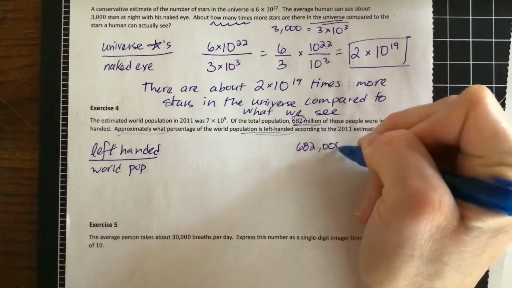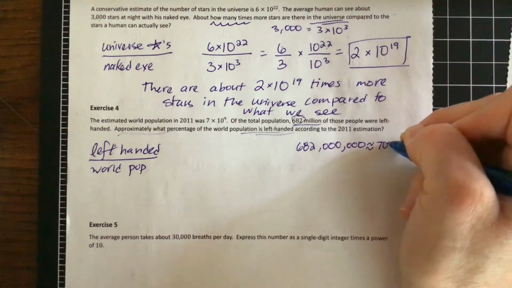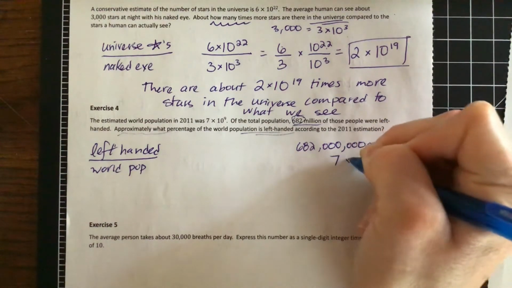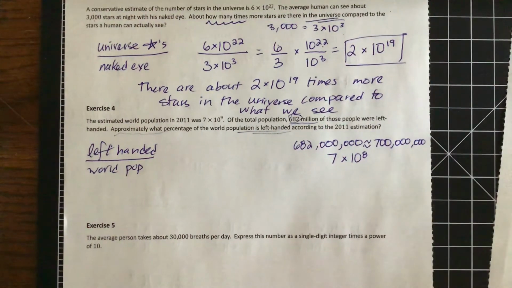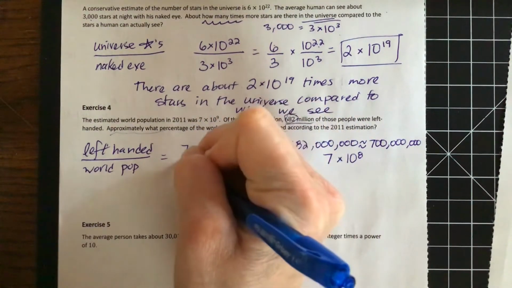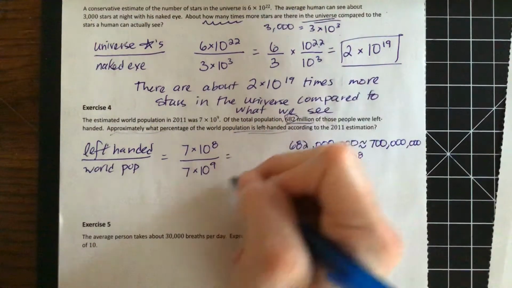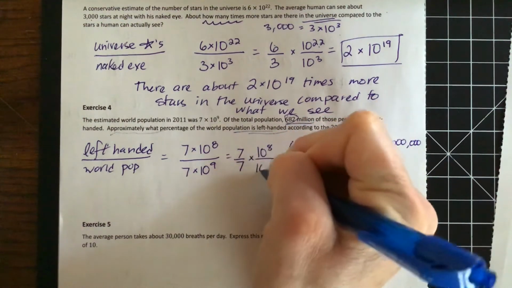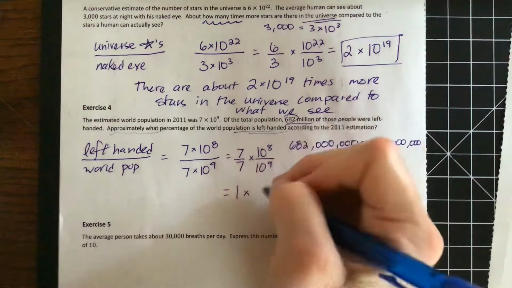682 million to approximately 700 million. Okay, which is 7 times 10 to the 8th power. Okay, and so now we can say this is 7 times 10 to the 8th power divided by 7 times 10 to the 9th power. It's very nice. We get 7 sevenths times 10 to the 8th divided by 10 to the 9th. Which is going to equal 1 times, what we get here is